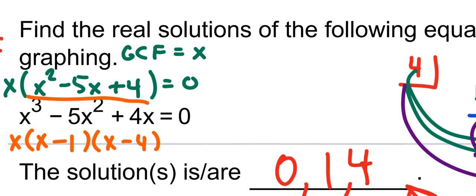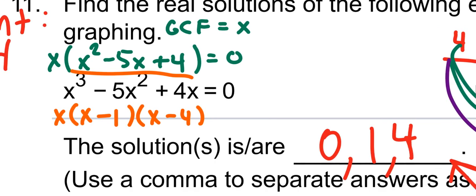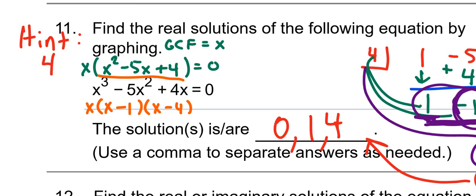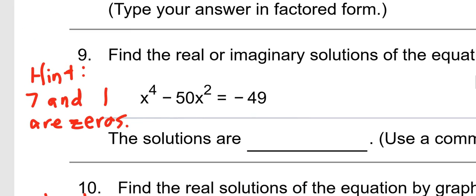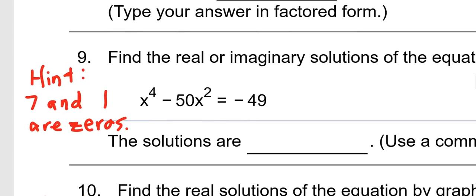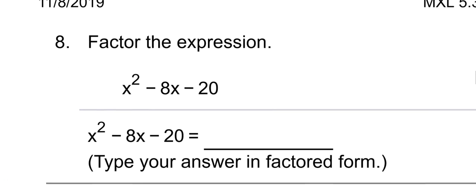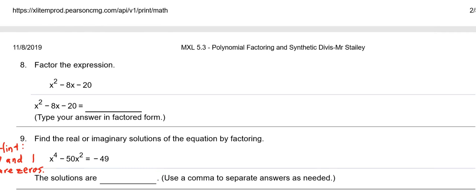So you will see a test question like this. Okay, all right, number 9. Number 9 has 2 hints. Number 9 is right before number 10. Now we are not going to be working on number 8, so you can use all the space that's up here for that question.